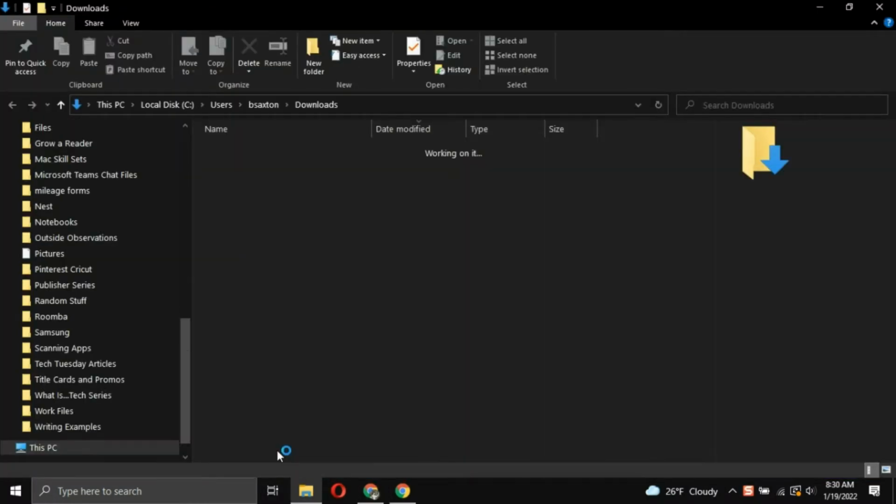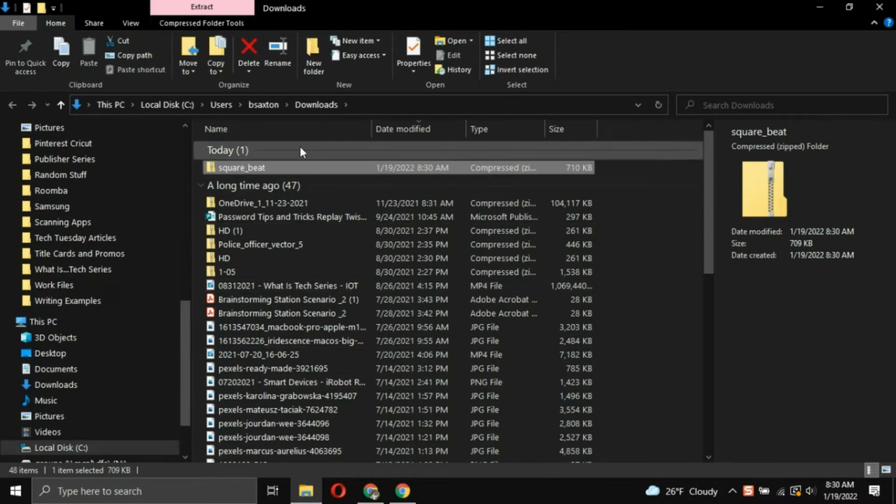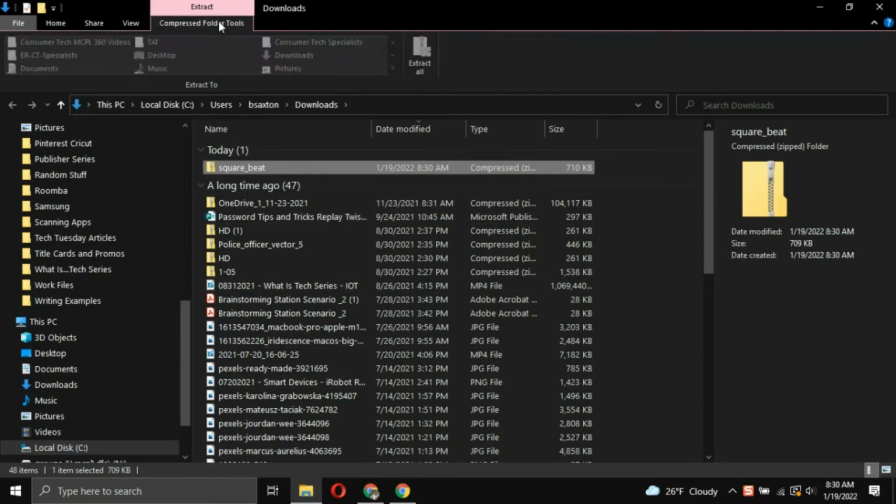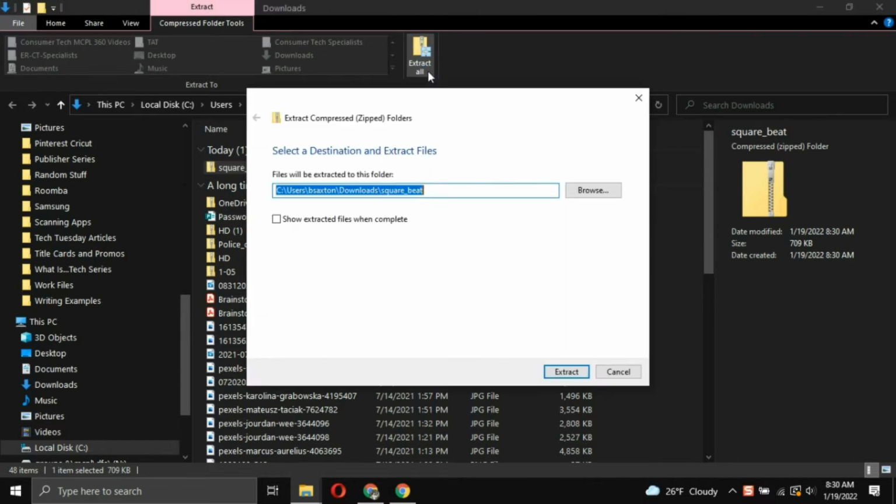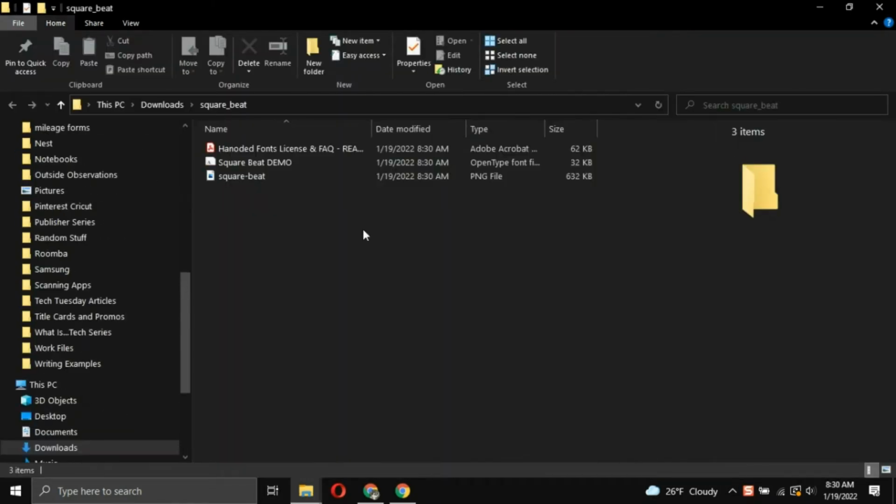And in order to take the files out of the zip folder, you'll have to extract them. So in your ribbon across the top of your window, you'll choose extract all. And what it'll do here is ask you to set a destination for where the folder with the fonts will live. Then you can either decide for it to go ahead and automatically open. I'm going to have it do that so I can go straight into the folder, and I'm going to find the text file